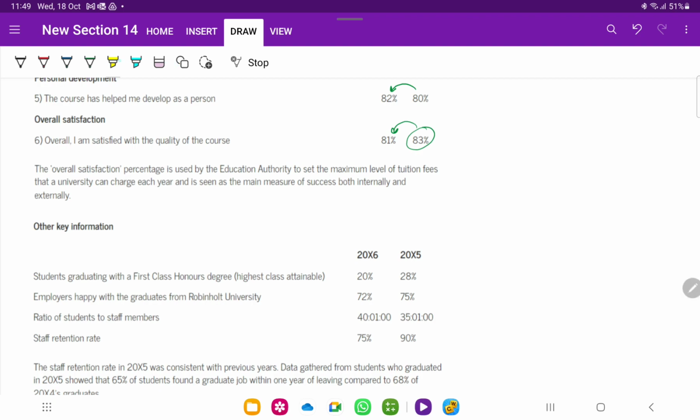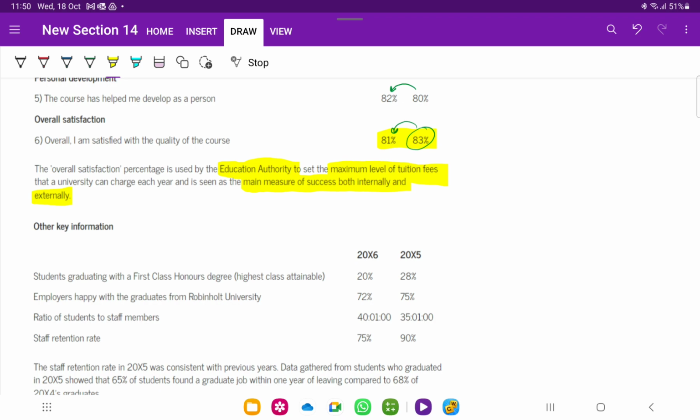Now here is a climax sort of thing. The overall satisfaction percentage is used by the education authority to set the maximum level of tuition fee that a university can charge each year, and is seen as the main measure of success both internally and externally. So since there is a reduction in the overall satisfaction level, that means the university fee level,